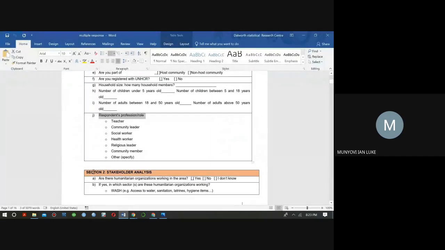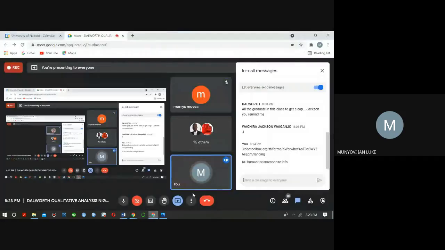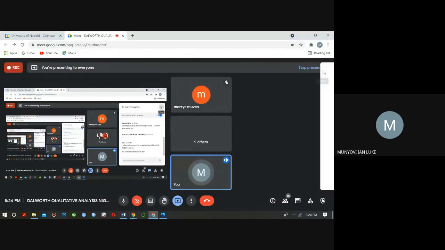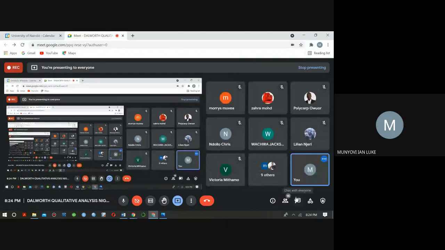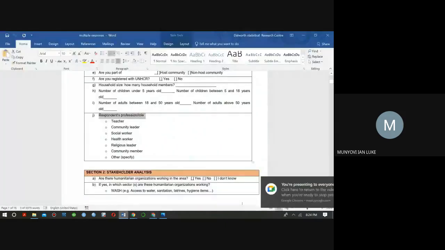And this question is on what? Under the section called stakeholder analysis. And then I have section 2. So in this question, again, let's read and understand it.